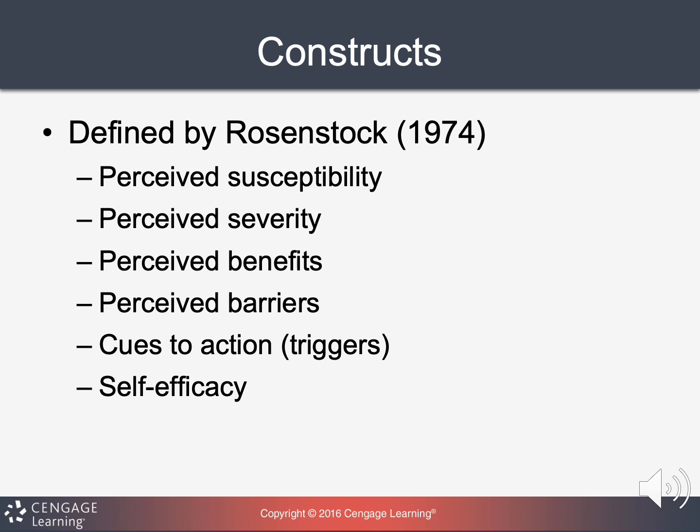And then we move on to perceived severity. So we could think of what are the consequences of contracting COVID, or continuing to smoke. How negative are those consequences? Like, how bad will it be for my health overall? Then we have the perceived benefits. And when people think of perceived benefits, they think of the susceptibility and severity. So they want to know, like, how bad is this going to be for me?